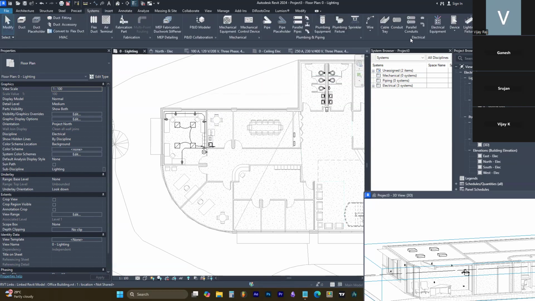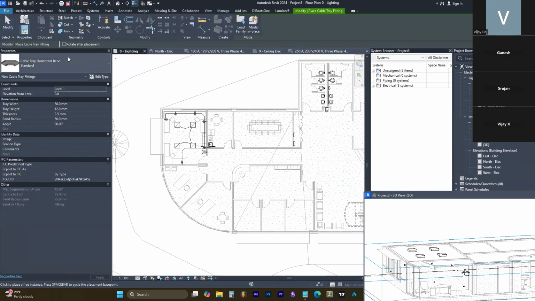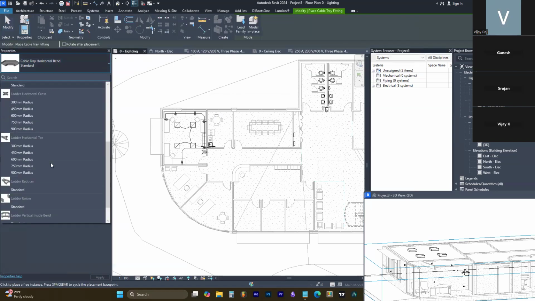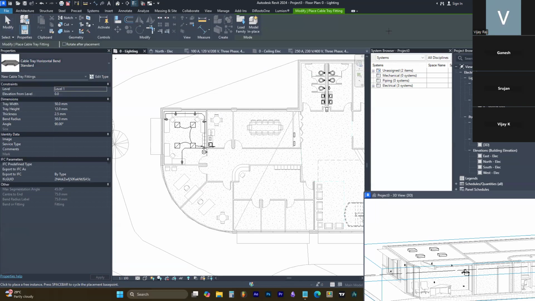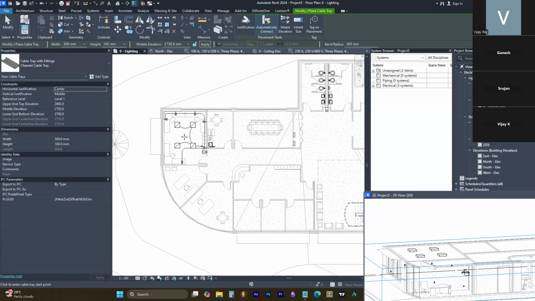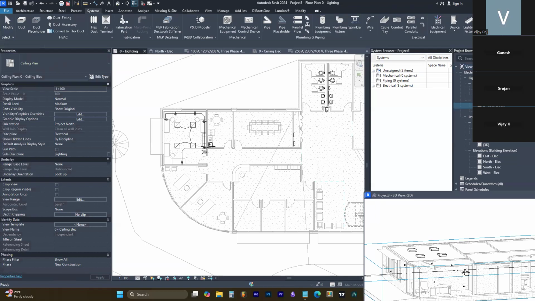We don't have electrical fixtures like electrical tray fittings. We don't have it. Default thermal tester. So electrical tray, we can place it on the ceiling flat